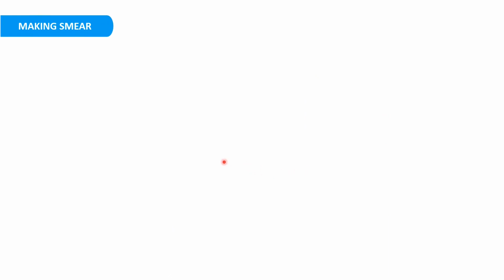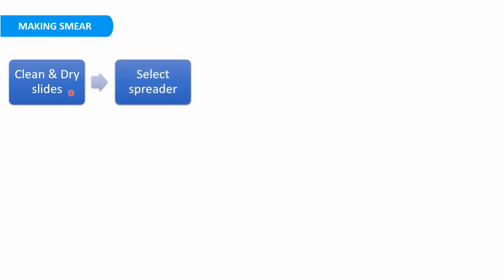So what is the procedure of making the smear? First we have to clean and dry the slides. So you have to take 4 to 5 slides and then clean them with soap and water and then dry them. After drying, cleaning and rubbing with the cotton cloth, then we have to select the spreader slide. The spreader slide edge should be thin and smooth. So you have to take one slide whose edge is thin and smooth,